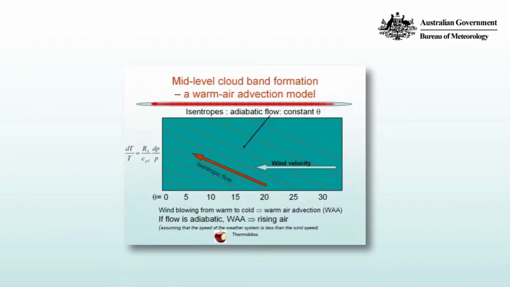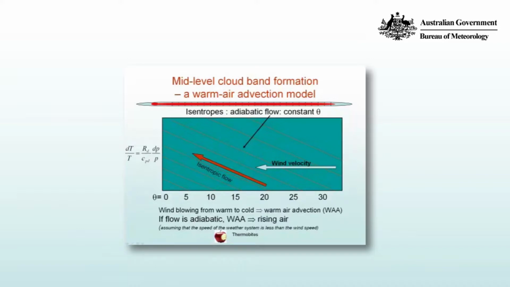So consider a cloud band in the atmosphere, a large region of ACAS. We can apply a simple warm air advection model to explain its existence. Consider wind that blows from warm air to cooler air. That's known as warm air advection because parcels of air are moved from their original location into a cooler environment. Consider too that the flow is isentropic. That is, parcels of air don't exchange heat with their environment, so theta is constant, and they're isentropes because entropy